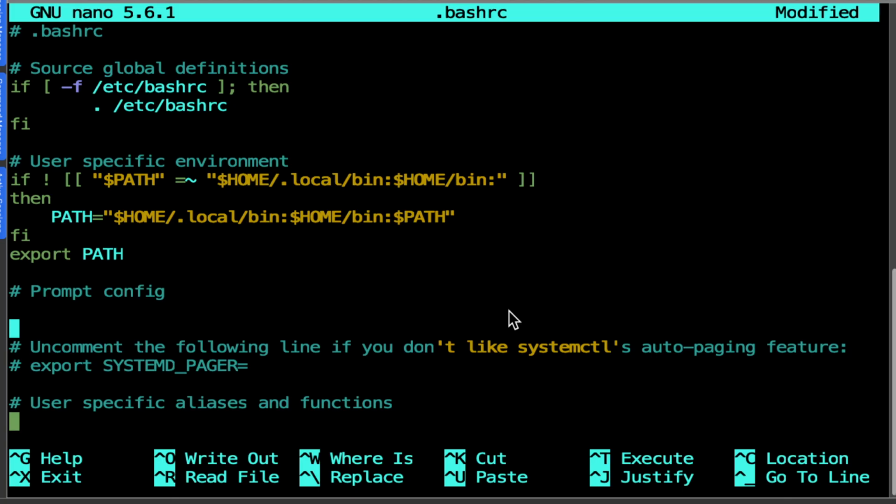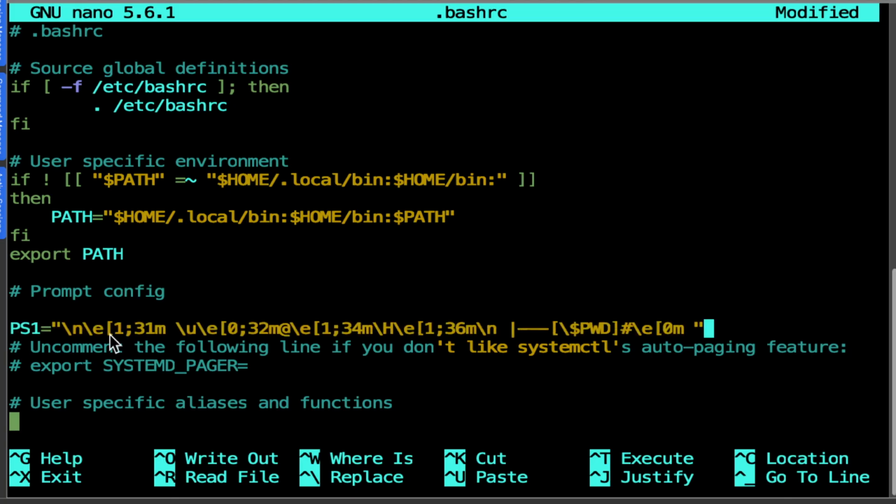So I'm going to show you, I'm going to change the prompt PS1. You can use PS1, PS2, there are a couple of prompt shell strings that you can use. So, \n is new line, \e open square bracket starts the color definition. And then I believe one is bold or normal and zero is bold or normal. So it's one or the other, right? And then followed by a semicolon. 31m is the color we want to use. \u is